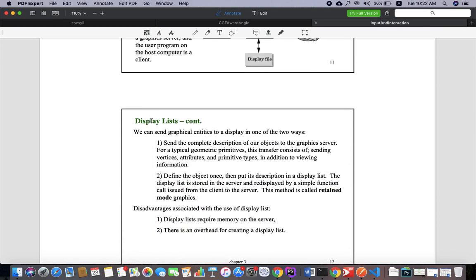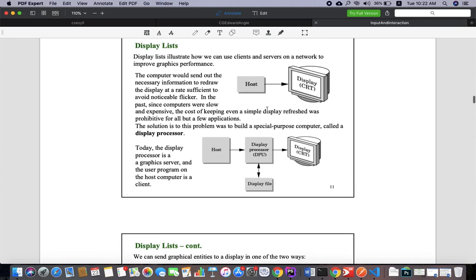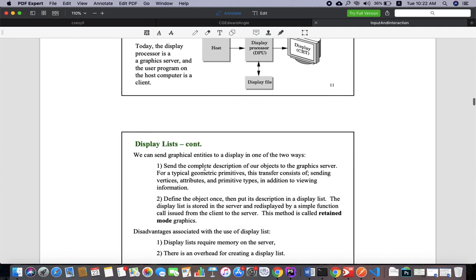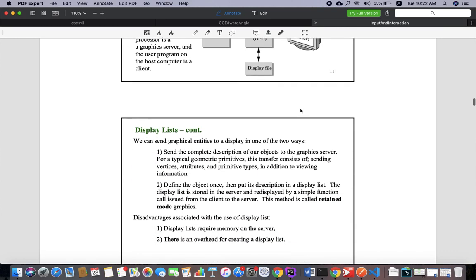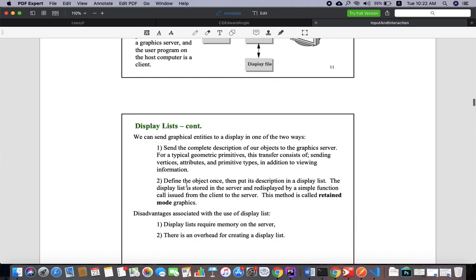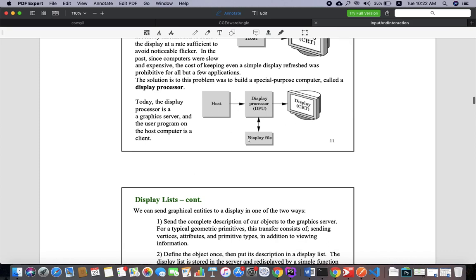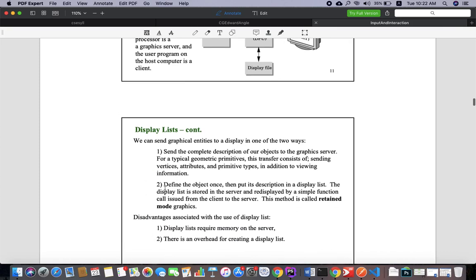Yes. So there are two ways to send it. One is the traditional way, where we send the complete description of our object to the server, for the typical geometric primitives, sending the vertices and the viewing information. So we go on sending the information again and again to the display CRT. That is the first point. Otherwise, you can come to the second diagram: define the object once and put it inside the display list.